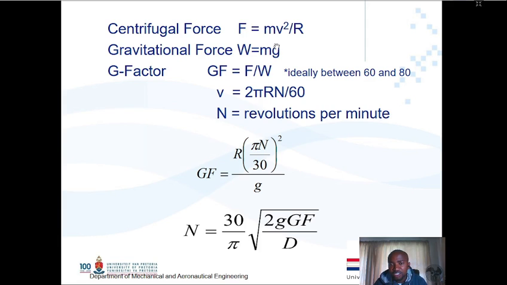Remember, centrifugal force is determined using velocity, which we will still define, as to how you get that velocity of a rotational component. The G factor depends on a lot of things. So the G factor that I said we will be using will be only applicable in this module, between 60 and 80. And note that the G factor does not have a unit, because it's a force over force